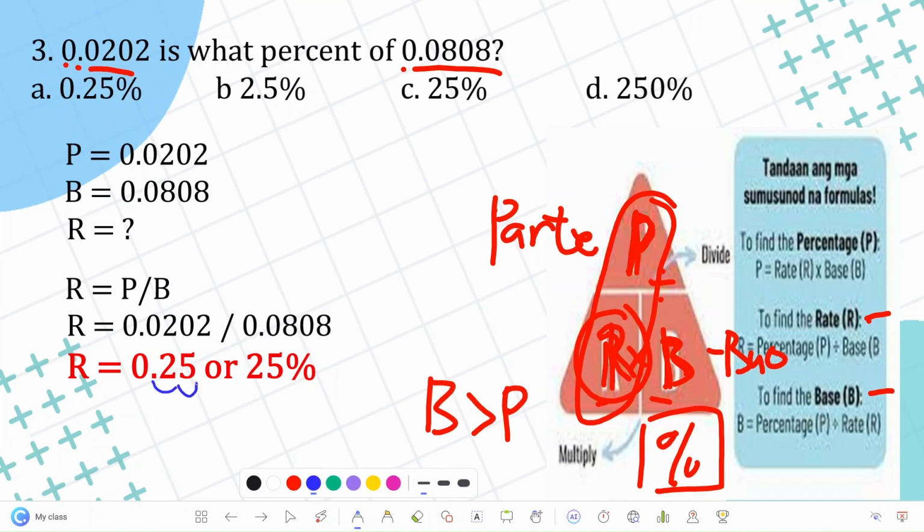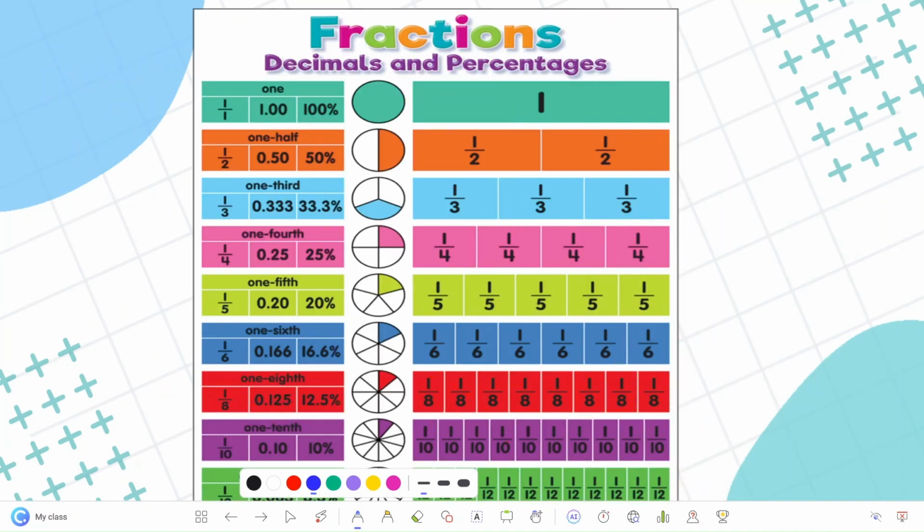So you will have 25%. And 25% is letter C. Kaya po, letter C ang ating tamang sagot. Now we go to, before we proceed to the next item, ito po ay isang